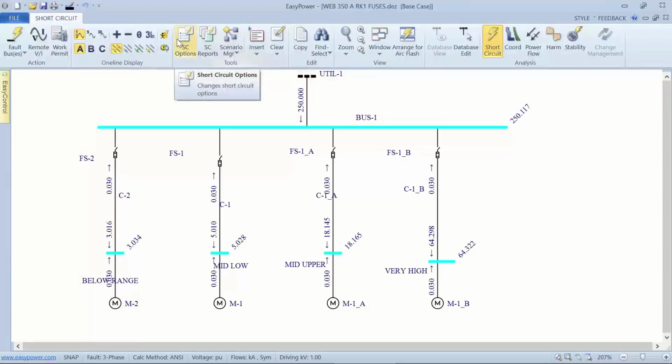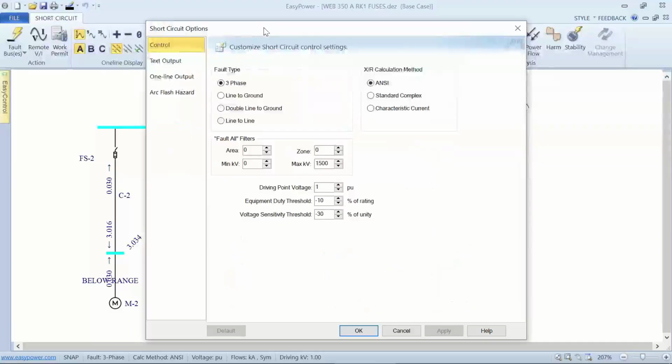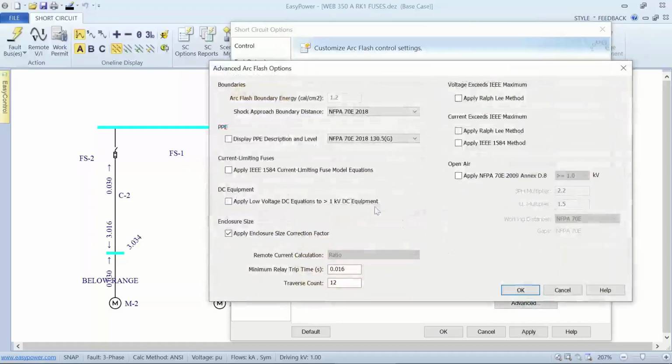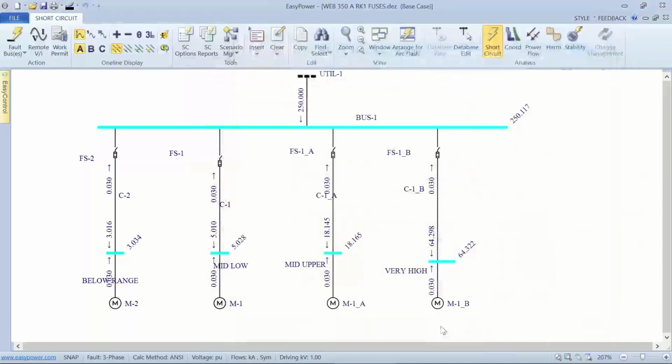Now, the short circuit options, arc flash hazard tab. Currently I'm using the 2018 version, momentary current. If I go to the advanced tab, I can apply or not apply the current limiting fuse equations. So I'm going to start with having them not apply and hopefully be able to see the change when we